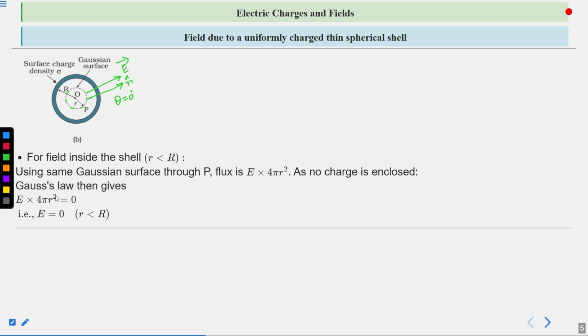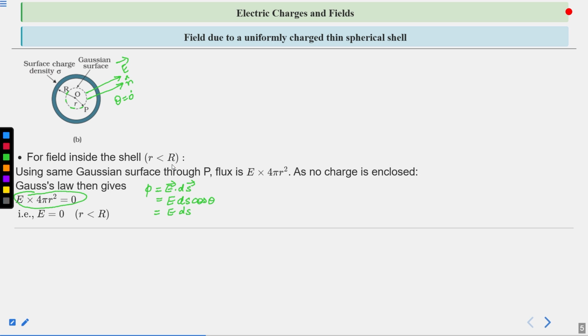So the value of electric flux is 0, because phi is equal to the total charge enclosed by the closed surface. So the total charge is 0, so phi is equal to 0. Another method to calculate the flux: phi is equal to E dot dS. After solving you will get E into integral dS cos theta. Theta is equal to 0 degrees, so E is equal to dS.